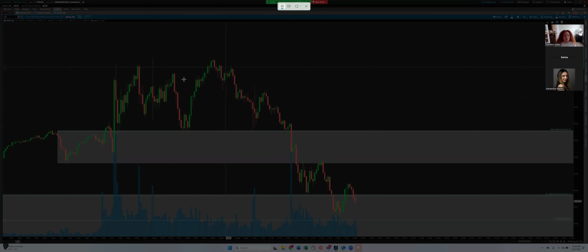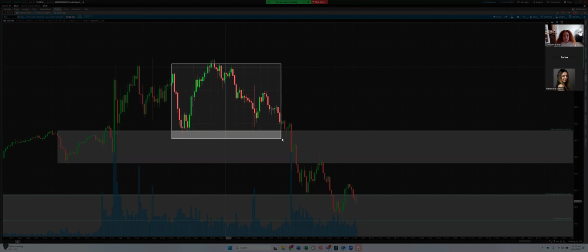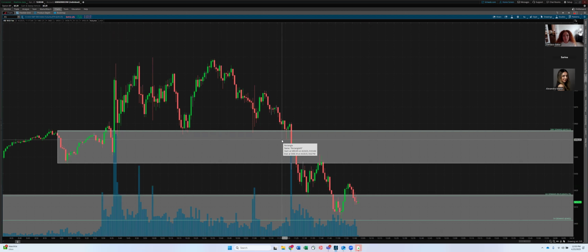Okay, so I actually emailed you regarding the custom supply and demand indicator for Thinkorswim and for TradingView. Is it possible to get that? Yes, so